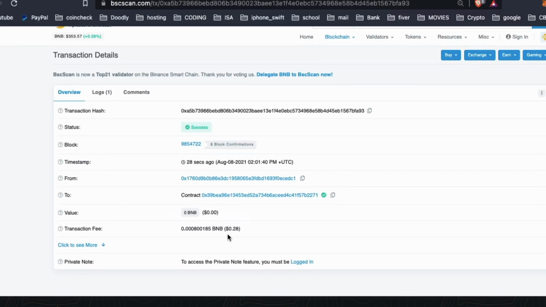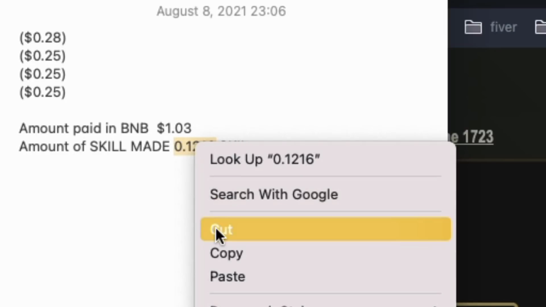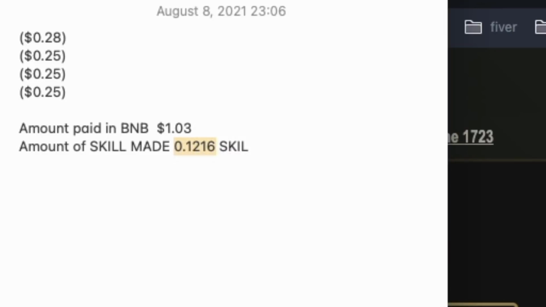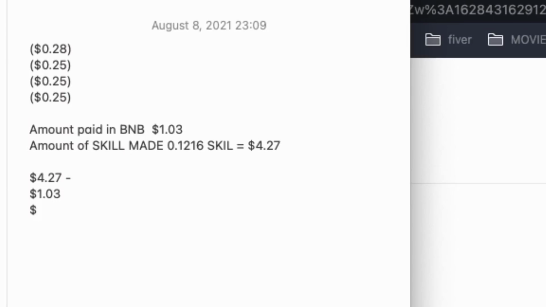Please note I currently have 0 balance in my account. So let's calculate the amount we spent on fees for transaction. The total is $1.03. So let's calculate the amount of skill in dollar value we won during these battles. That is 0.129 times $32.99, which is the current value of skill, which comes to $4.27. Now subtract the $1.03 and you get a total profit of $3.24 for this account per day in just 4